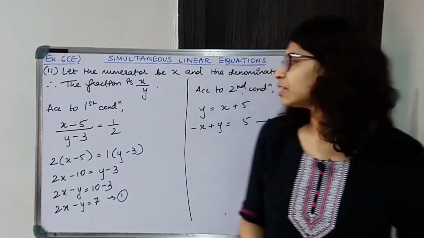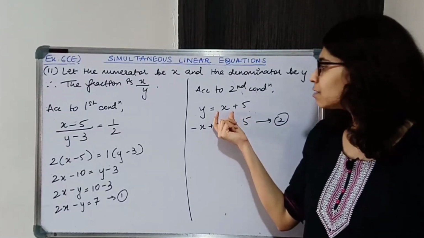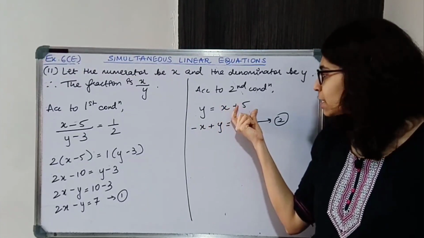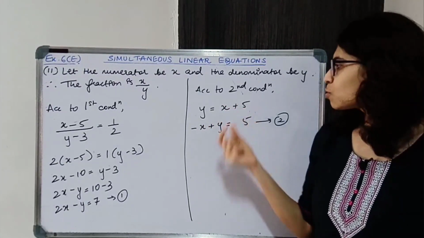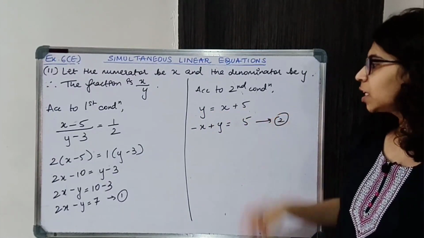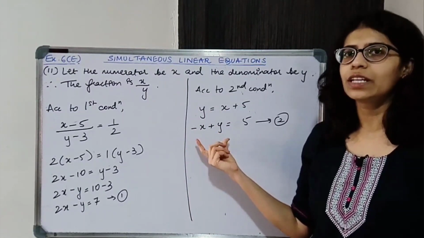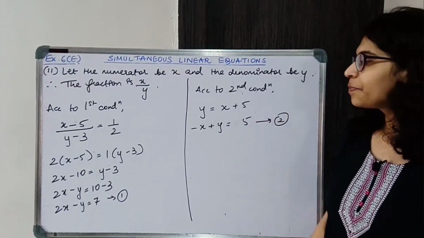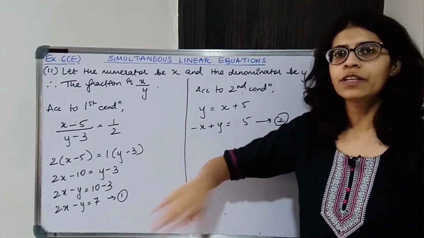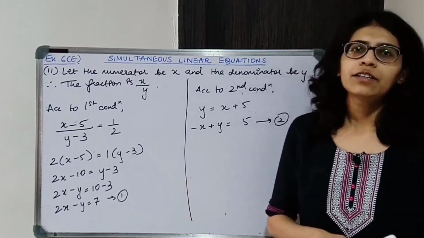For that we are given that the denominator is 5 more than its numerator. ठीक है, so 5 more means plus 5 हो जाएगा. ठीक है, so denominator that is y is equal to x plus 5. Okay, so shifting x over here, we'll keep the variables in the LHS and number in the RHS. Now if you check, y का coefficient is same and the signs are opposite. Okay, so whenever the signs are opposite, you add the two equations. So let us add 1 and 2 and solve further.